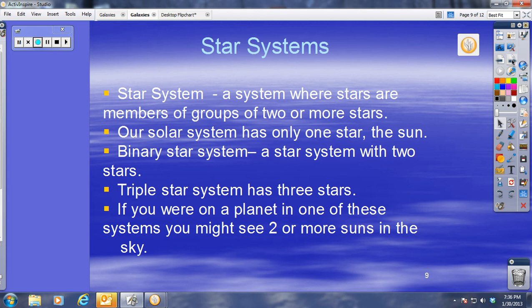But if we were part of a star system that had 2 stars, then as a planet, we would be rotating around 2 suns. Or if we were part of a triple star system, we would be rotating around 3 suns. So a binary star system, notice the word bi, means 2. A binary star system is a star system with 2 stars, whereas a triple star system has 3 stars.